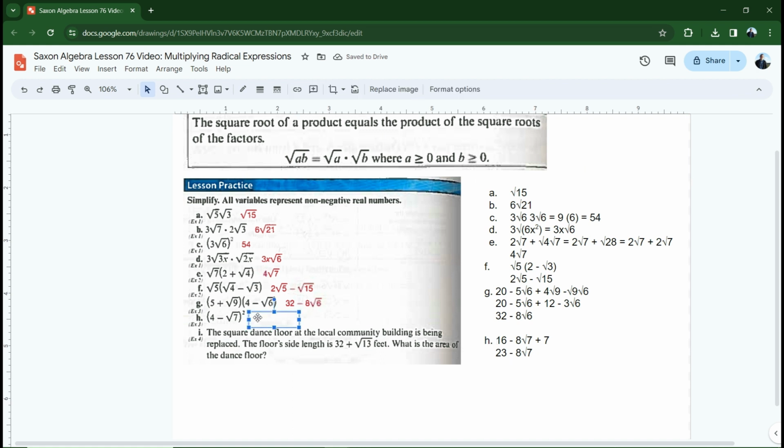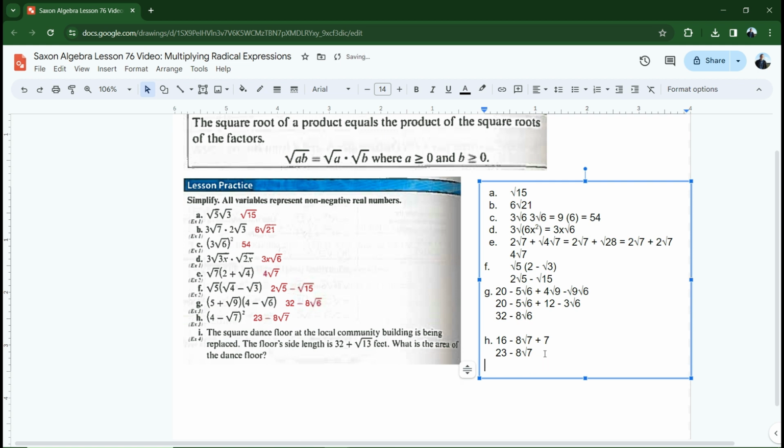Let's just see if we got the right answer here. 23 minus 8 square roots of 7. All right. Finally, letter I. The square dance floor at the local community building is being replaced. The floor's side length is 32 plus the square root of 13 feet. What is the area? Well, the area is just the side length squared. So this is going to be another special product problem. 32 plus the square root of 13